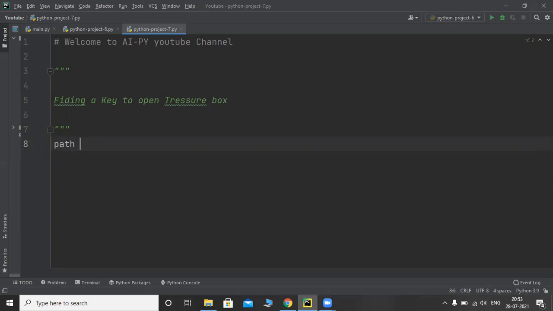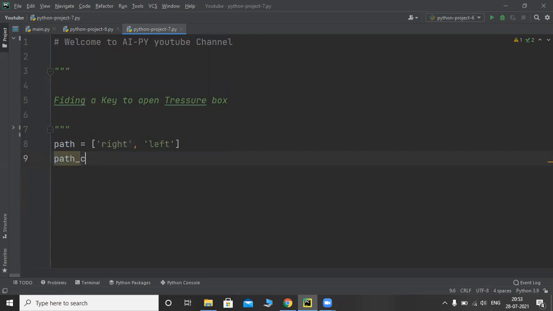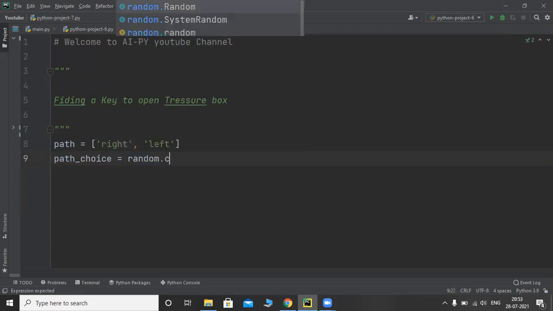I'm creating first a variable called path, and in path we have two choices, right and left. For this path I will create path_choice equals random.choice.